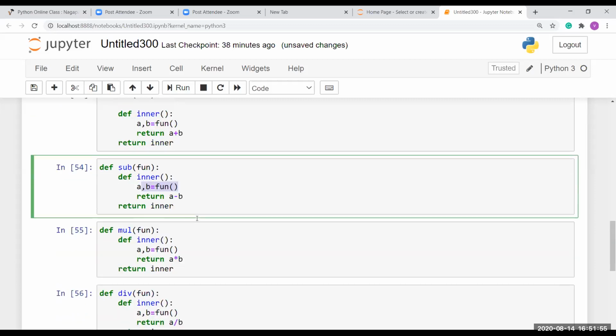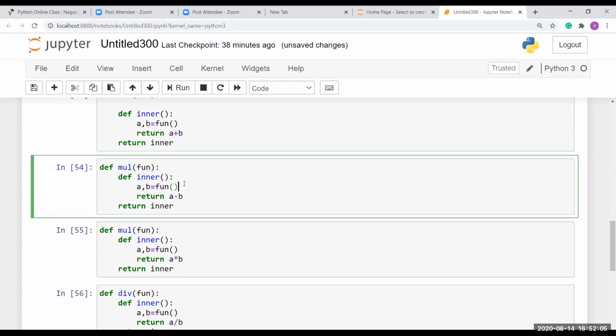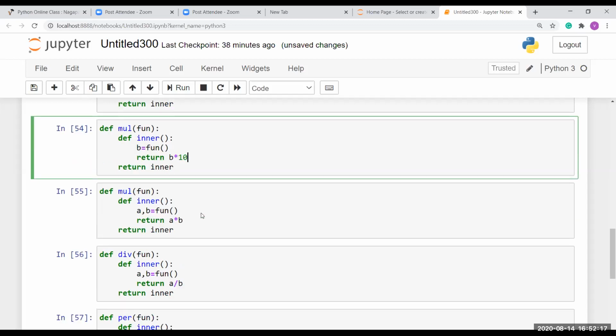Okay, so let's see. I'm gonna change my subtract into multiple. Here I'm gonna give just b, then here I'm going to multiply my result by 10.